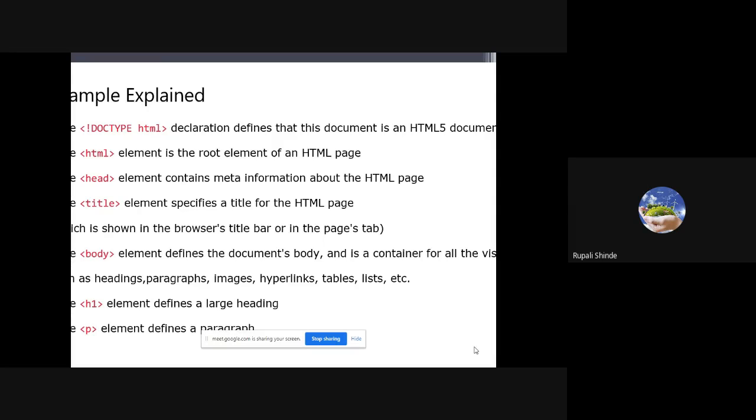Body, as I have told you, whatever you want to include in your web page, you have to include within the body. Okay, so if you want to include an image, a hyperlink, a heading, paragraph, frame, form, table, list, option button, everything, whatever you want to include, it should come under the body tag. Okay. Then the H1 heading tag and the P paragraph tag, which we will see in the next slide also,